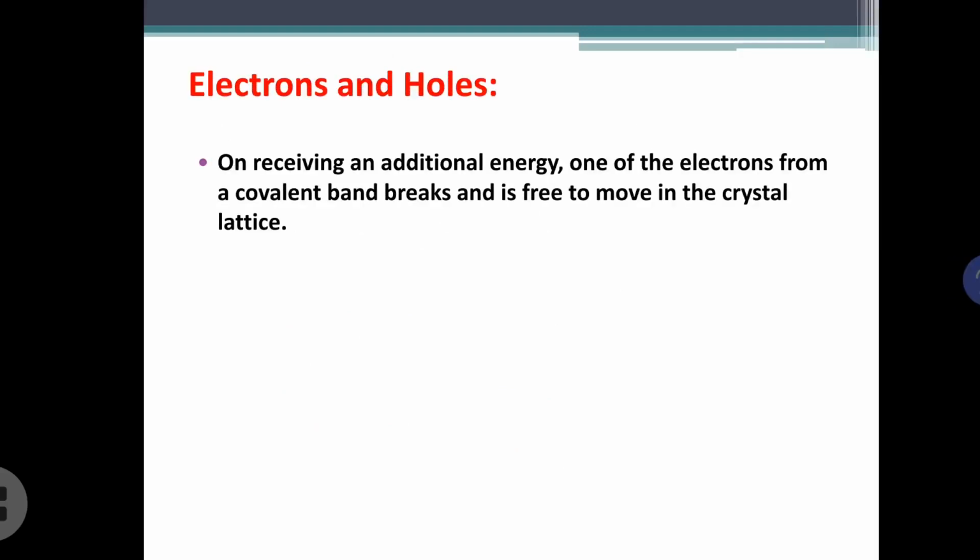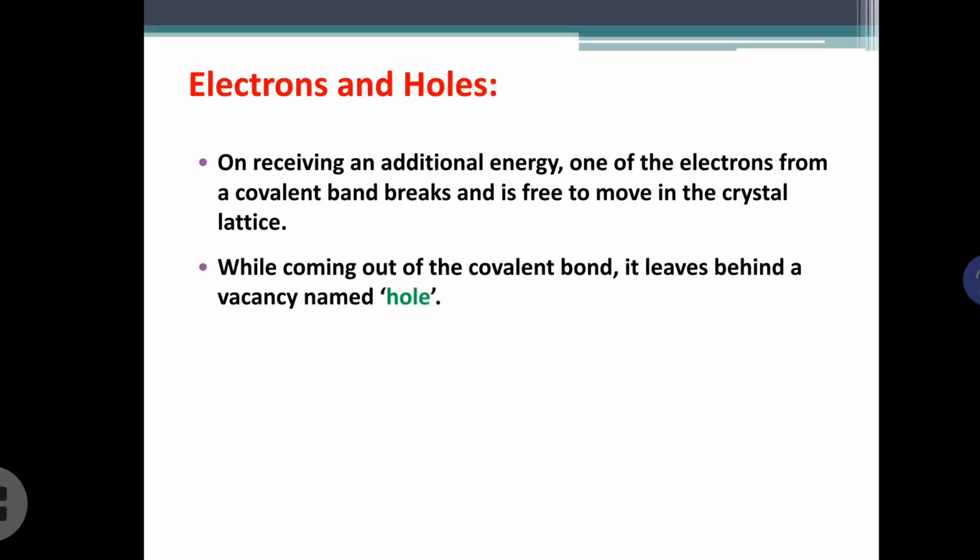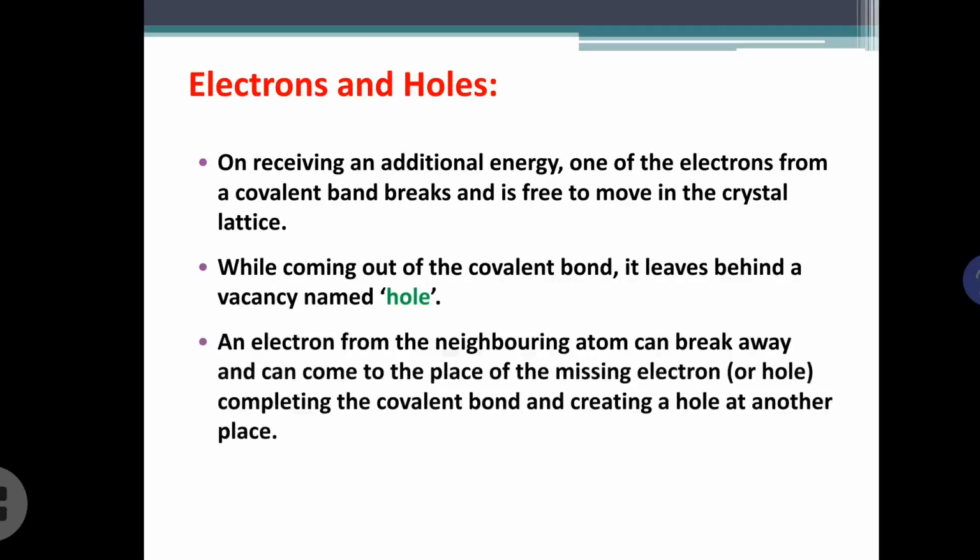So these electrons and holes both take part in an important role in conduction in semiconductors. This hole will be formed in the valence band, and I told you that this hole is always ready to accept an electron. So from any other neighboring bond, an electron which is free, that means an electron which has acquired energy, can hold that particular position or vacancy. That means an electron from the neighboring bond can become free and accommodate the vacancy of the previous